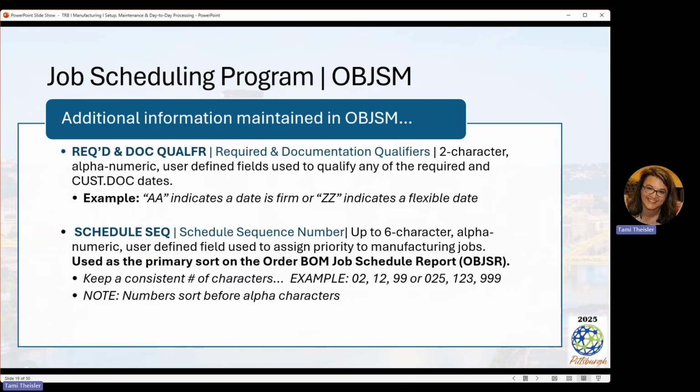Also, different additional information that's maintained in OBJSM is the required and doc qualifier information. These are 2-character alphanumeric fields that are user defined and are used to qualify any of the required and the customer doc dates. So for example, AA might indicate a date is firm, or ZZ might indicate it's a flexible date. These, again, are qualifiers that you as a company determine and utilize. So depending on how many you need, this is a way for you to sort and report out on these